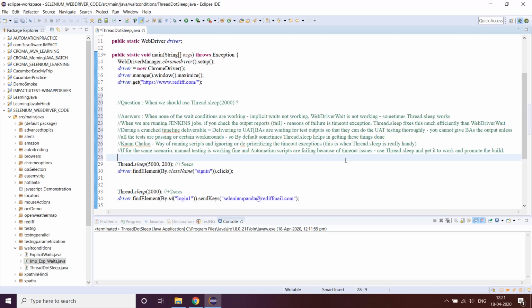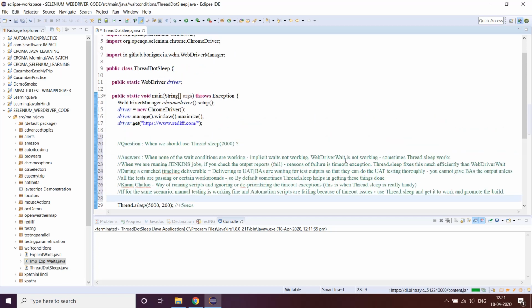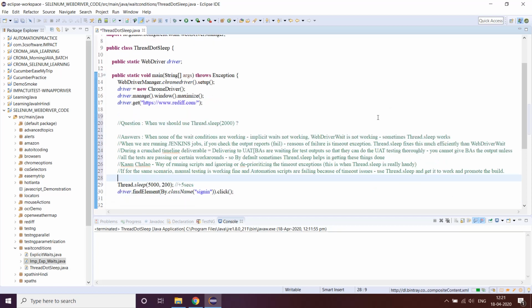And sometimes if in an interview they ask you these questions, please don't get perturbed, because the person who is asking these interview questions, why we should use thread.sleep and all that, and if he says that you should not use it and he cannot explain why, that means he's bluffing. So thread.sleep is extremely powerful, extremely powerful.